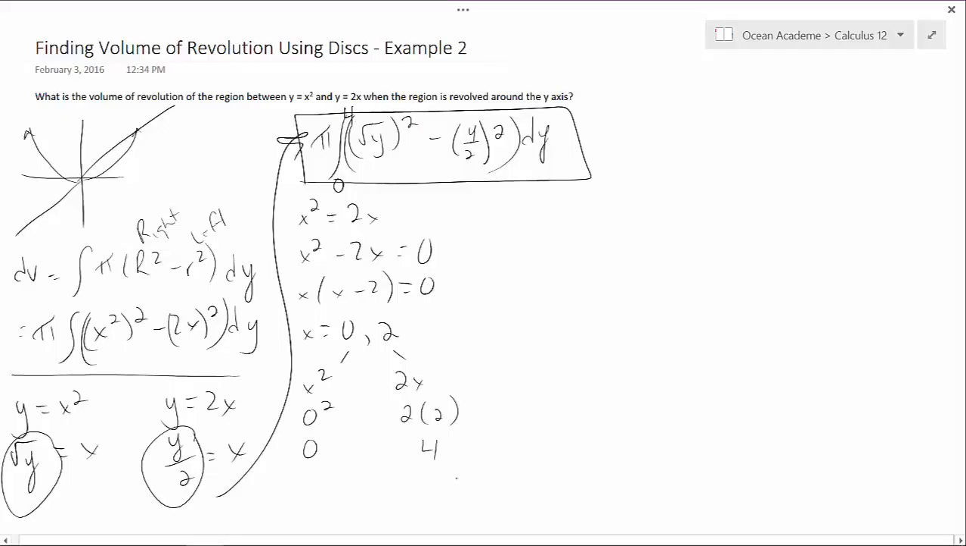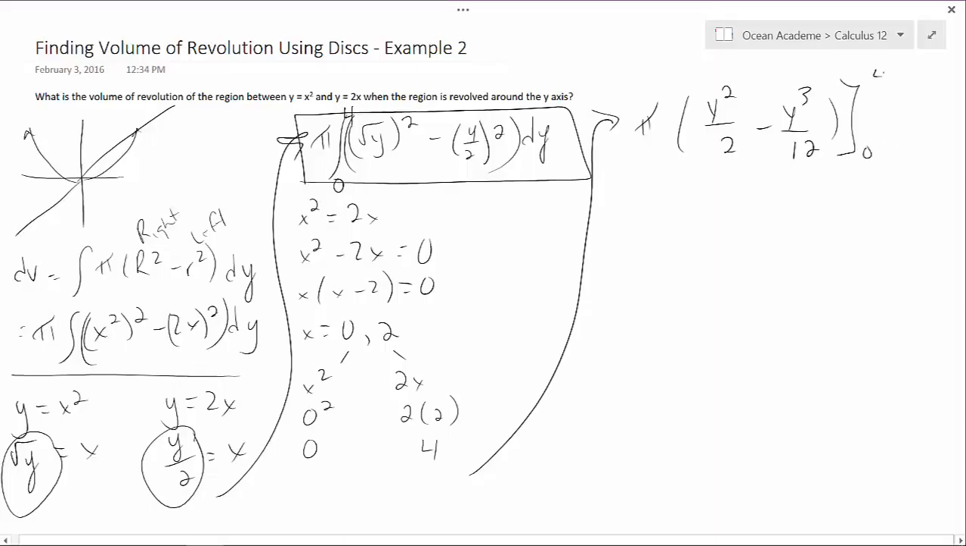Now we take the antiderivative. So we have pi, and we're going to be multiplying that by y squared over 2 minus y to the power 3 over 12. And that will be over the interval 0 through 4. Now we can plug in our limits. So we have pi times, now instead of y, we write 4 squared over 2 minus 4 cubed over 12,